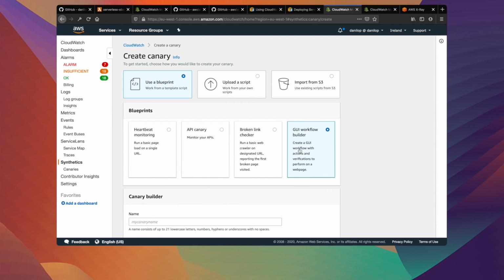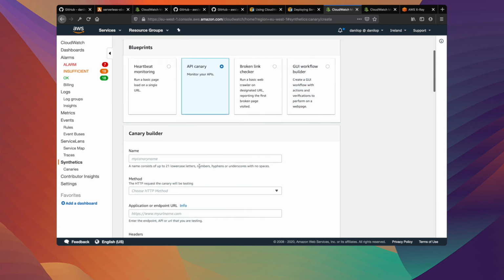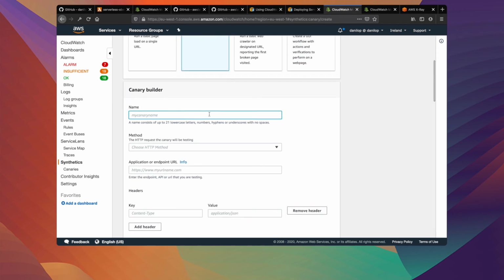You can do that. So you maybe create a fake user in your database for testing purposes, and then you can test the full transaction. For each of these blueprints, like the API blueprint, you can give a name. So this is my test. I want to do an HTTP GET, so I don't create an order, I only test that the GET works,